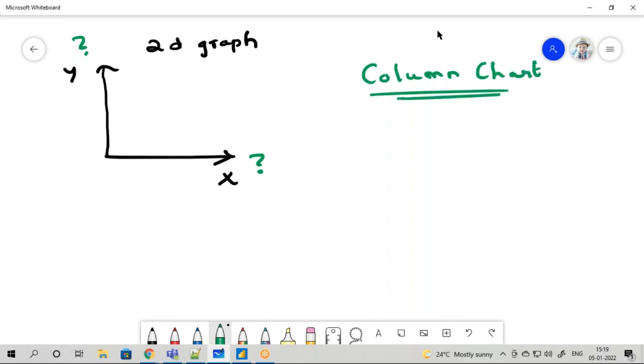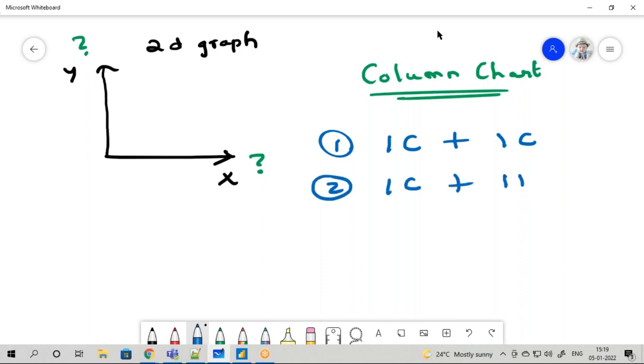Now in this column chart, what are the options you can create? Either you have to add an x-axis and y-axis. I can add one categorical variable with one categorical variable, one categorical variable with one numerical variable, and one numerical variable with one numerical variable.